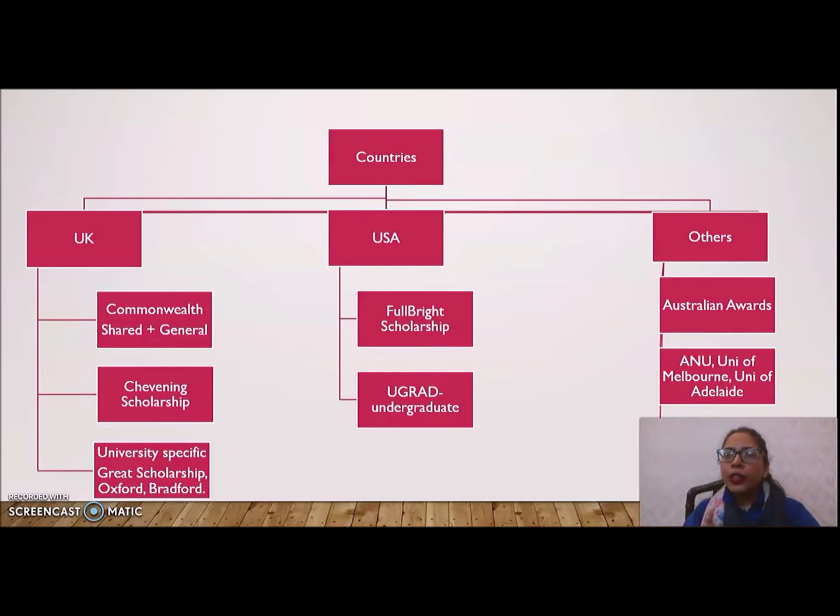The requirement for it is you need to have a TOEFL, which is your English language test, and you need to give a GRE test. There is no requirement for a particular score, but you need to have appeared for GRE. And every course has a specific score for GRE. So if you're a medical student, you need to check online the universities' basic minimum GRE requirements for admissions. Then there's a very interesting opportunity which is the UGrad semester exchange program.